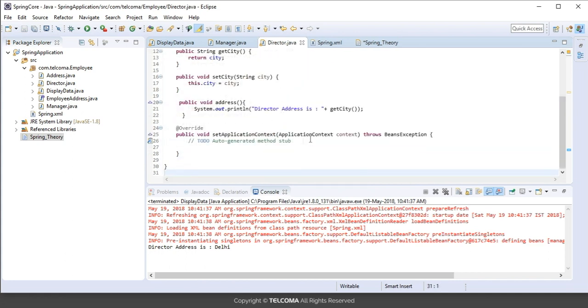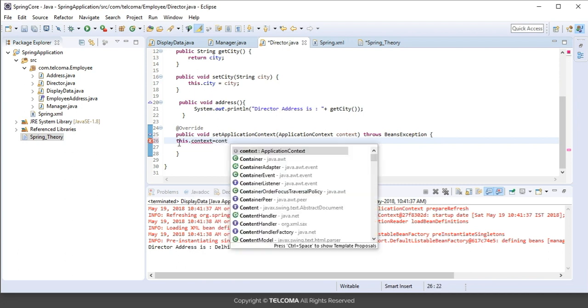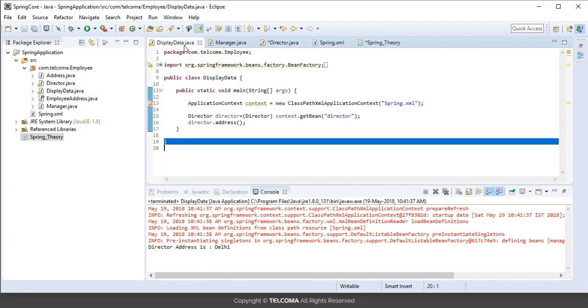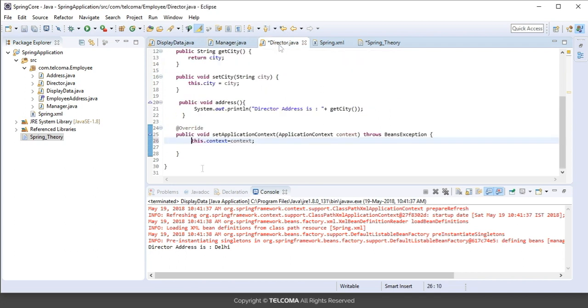Now in this class what I will do is this.context equal to context, that's it. So you get hold of the whole context which you got in the display data. Now we want to see whether this context is useful or not. So what we can do is we can just call context dot